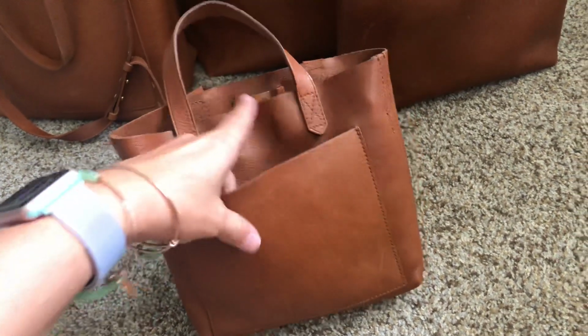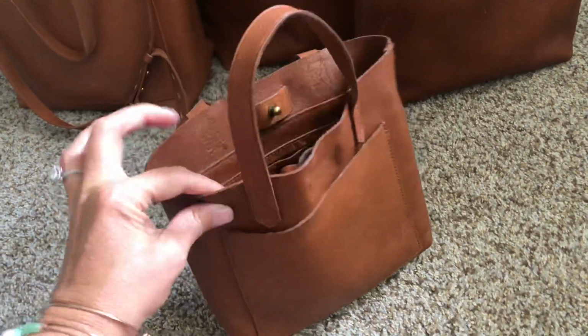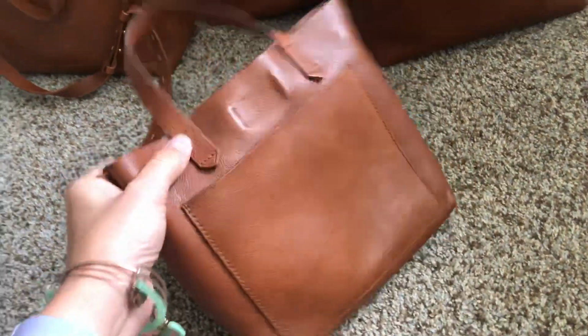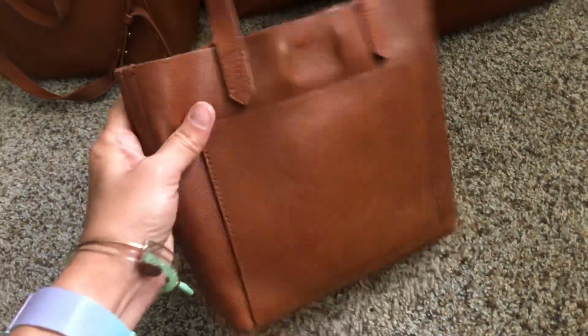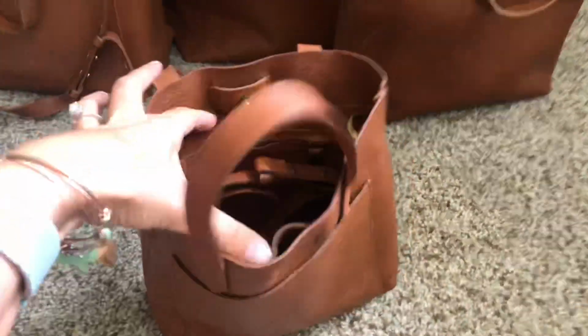BST group, and I got a really good deal on this bag, and this is actually one of my favorite bags. Even though it's really small, you can tell it's already been broken in, and it's really soft, and it's already developed a patina, and it's really easy to access from the top. It does have